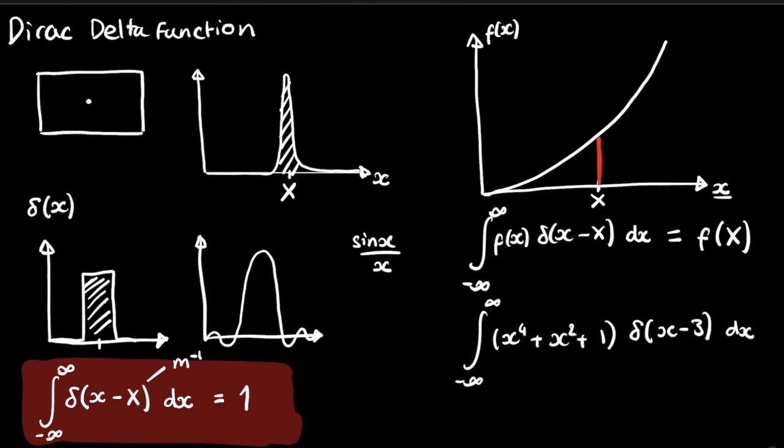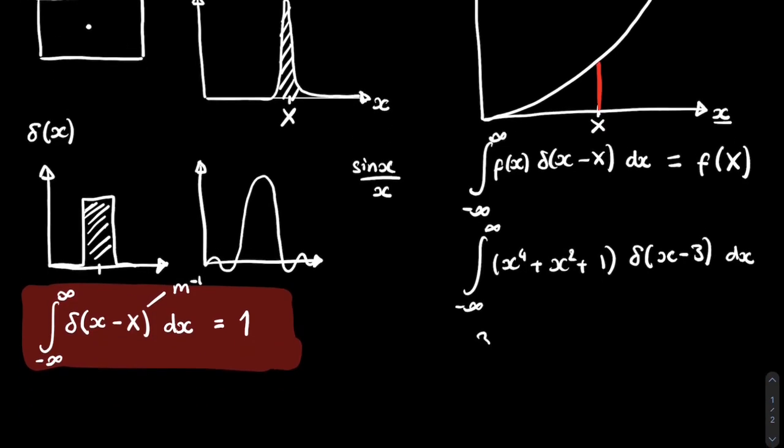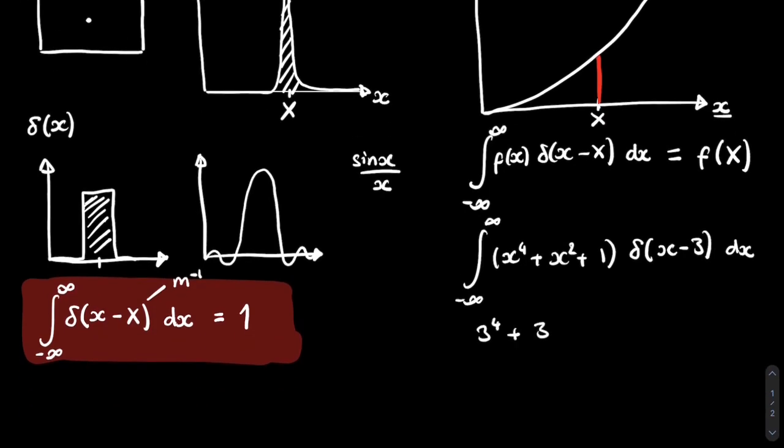As you can see, the Dirac of x minus 3 is 0 when x is 3, and that would be when it blows up to infinity. And so you simply chug 3 into this equation and you get 3 to the 4 plus 3 squared plus 1, which is 91. So it literally just pulls out the value at which it diverges to infinity, and